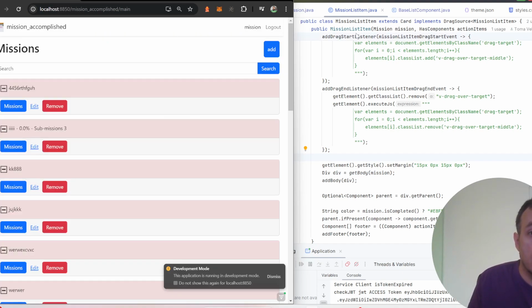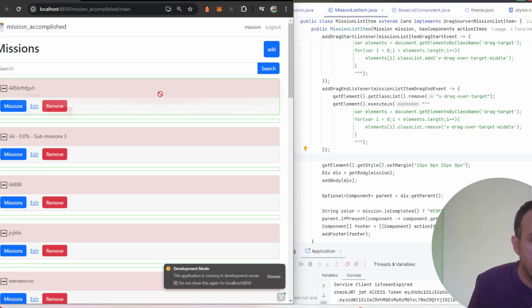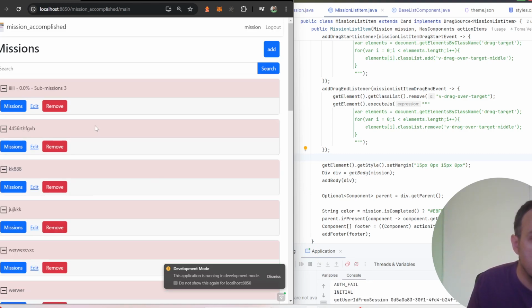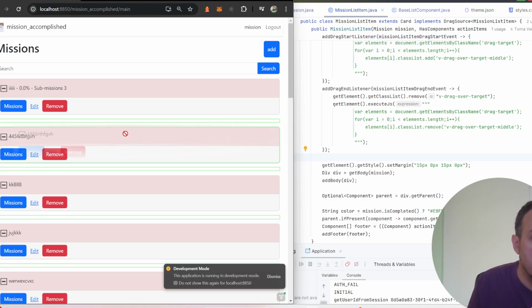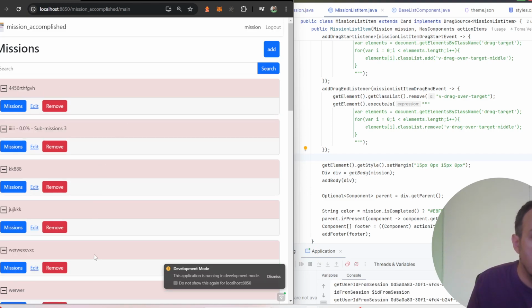I'm integrating drag and drop functionality. So here is the first item, and I'll move it to the second place. So E will be first, and 4, 4, 5, 6 on the second. So let me reverse this. And basically,